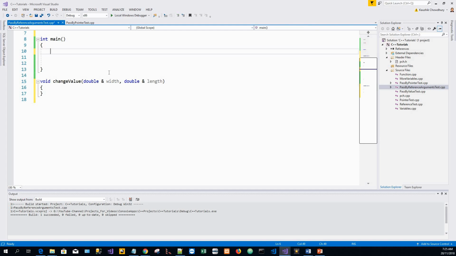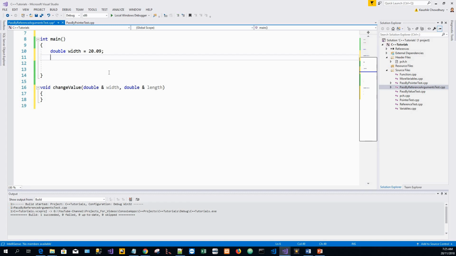So I'll declare a double variable width, and assign it any arbitrary value of say 20.09. Another double length, and assign another value; you could assign any value for testing. Okay,